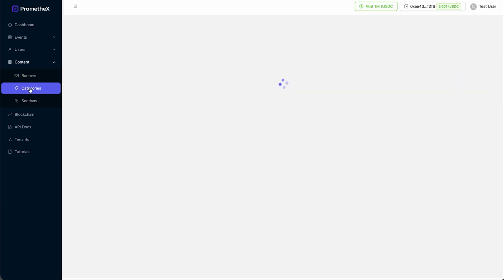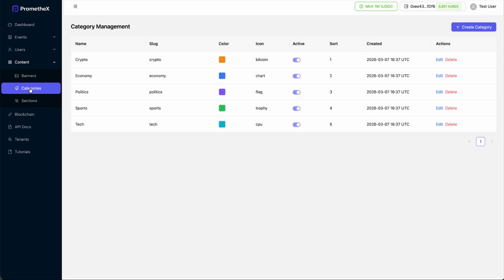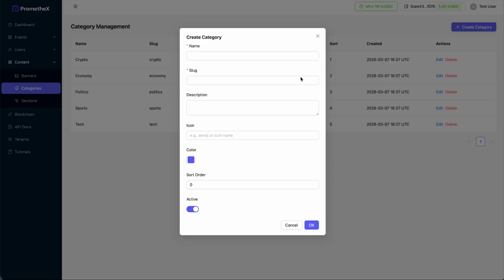In Categories, you define the market taxonomy for your platform. Create categories like sports, politics, crypto, or entertainment, each with a custom icon and color, so your users can easily filter and browse the markets they care about. The possibility and number of categories you can create depends on the setup plan you choose for the integration with